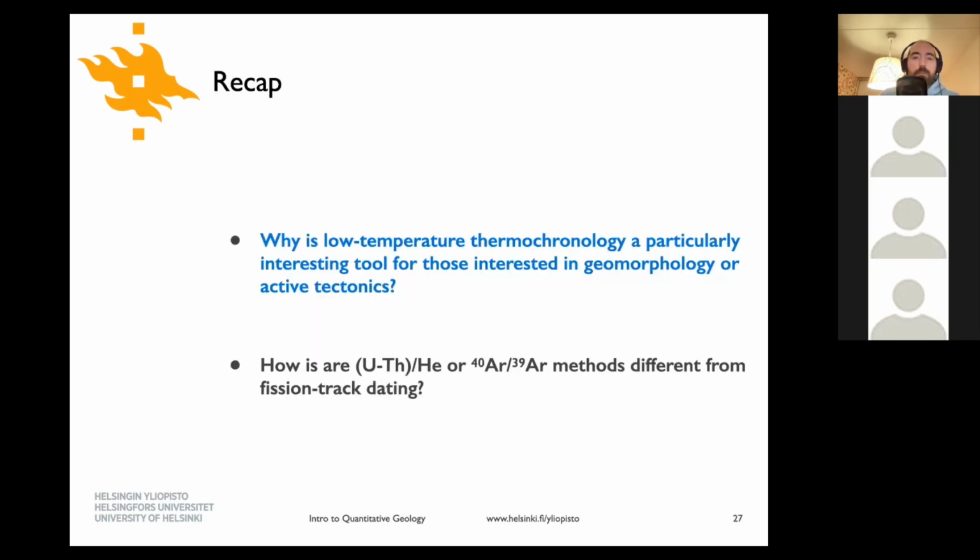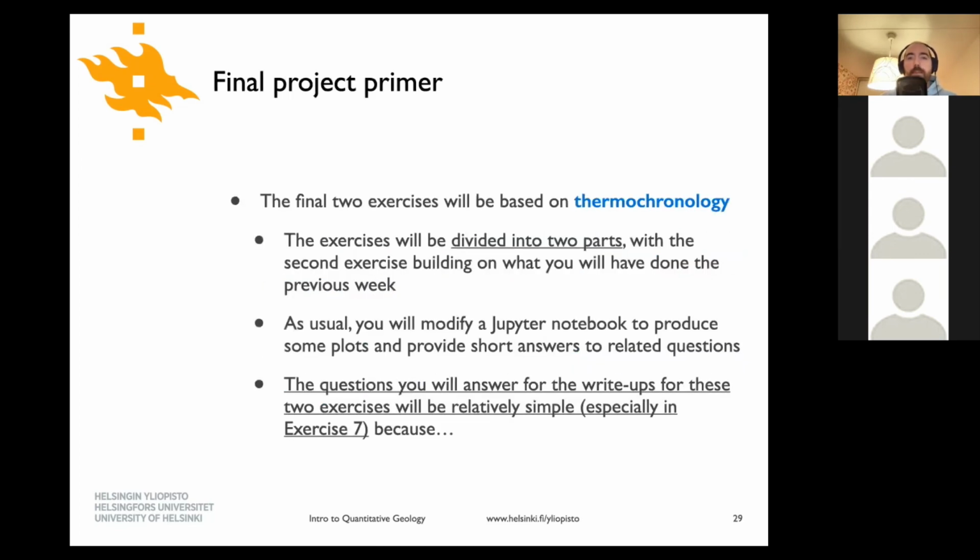So we can skip the recap here, I think. I'll just remind you the reason that we've introduced this is that the final two exercises are based on thermochronology. We've already seen this in exercises, exercise 3 notably. Exercise 6 is broken up into two pieces, so what you do in week 7 will be based in part on what you've already started doing in week 6. And as usual, you're going to modify a Jupyter notebook to make some plots